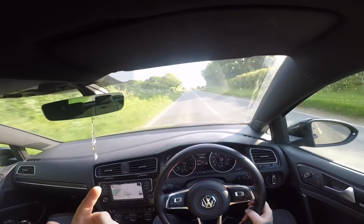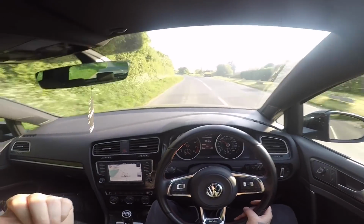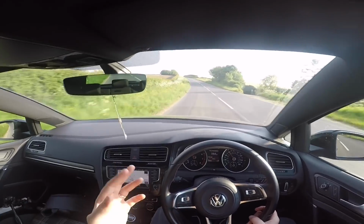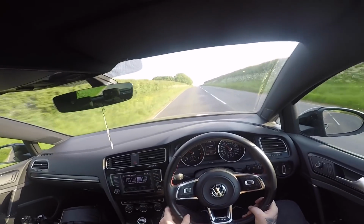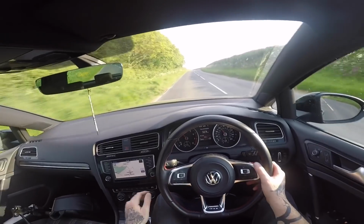If you can hear a rumble through the sound on this, it's because obviously I've took my resonator out of my exhaust, so when I've got it in eco and normal mode you can still hear a little bit of a rumble because that's the exhaust. But yeah, am I in sport? No, minimal. So yeah, you get that fake V8 sound, which is a bit shite, but